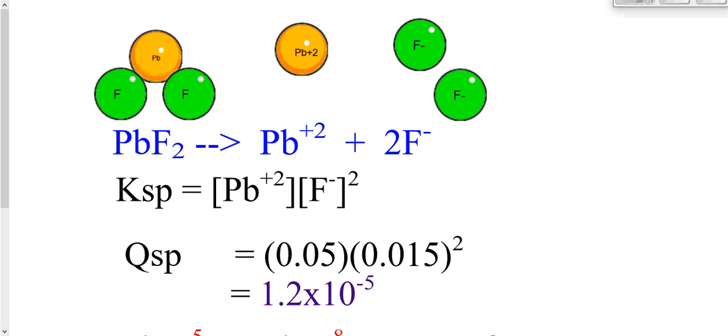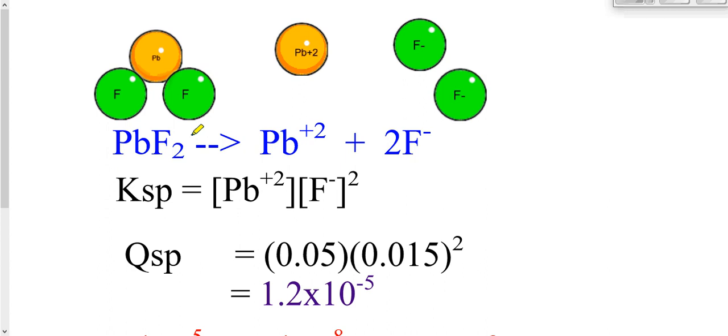sustain in solution form. If we have more ions than the water is capable of holding, if the product of these numbers is bigger than the KSP, then we have more ions than the water can hold, and it's going to drop some. We'll get a precipitate. If the product of these numbers is less than the KSP, then water is going to be perfectly capable of